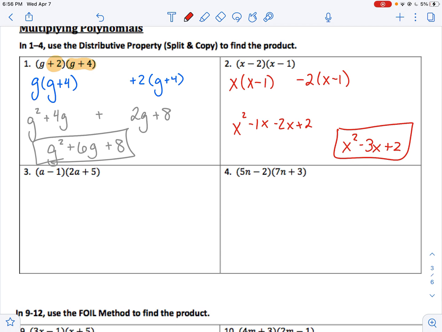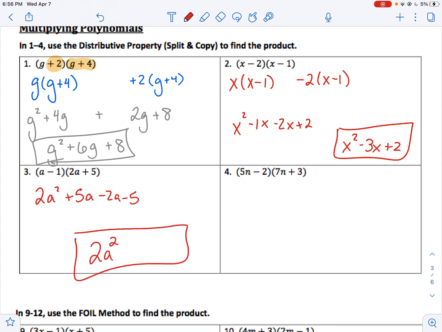All right, so if you haven't paused the video, pause it now, try it, and then unpause and check your work. You should have 2a squared plus 5a minus 2a minus 5, which would get me 2a squared plus 3a minus 5. And that's how I would do the double distribution method, or the split and copy, or whatever you want to call this method,